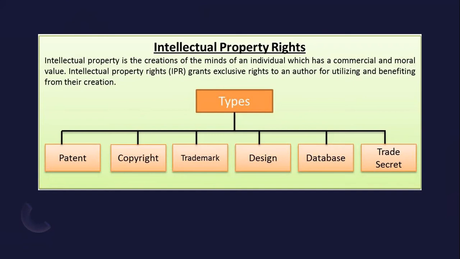Because of this law, today individuals and businesses are not scared of creating new software or new applications of existing software. It also ensures that new ideas and technologies are widely distributed, and it promotes investment in the national economy.